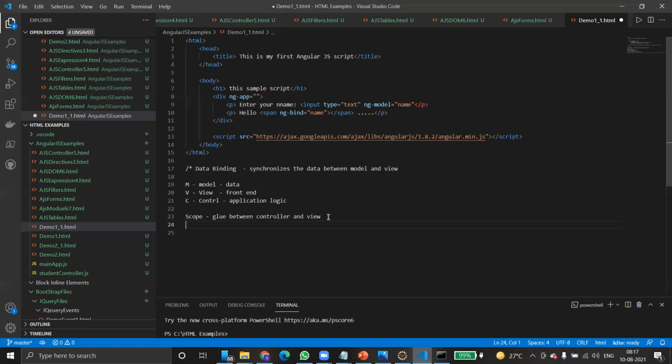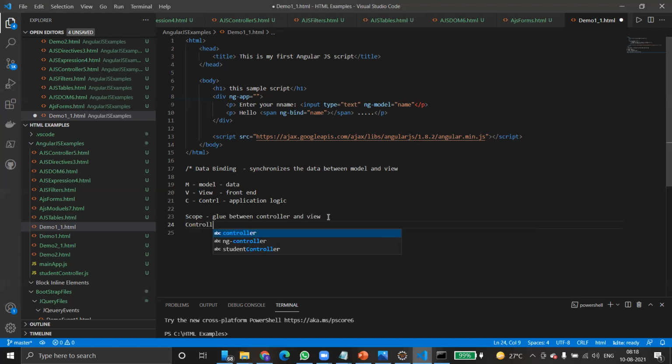This controller deals with binding a particular scope. These are JavaScript functions only.